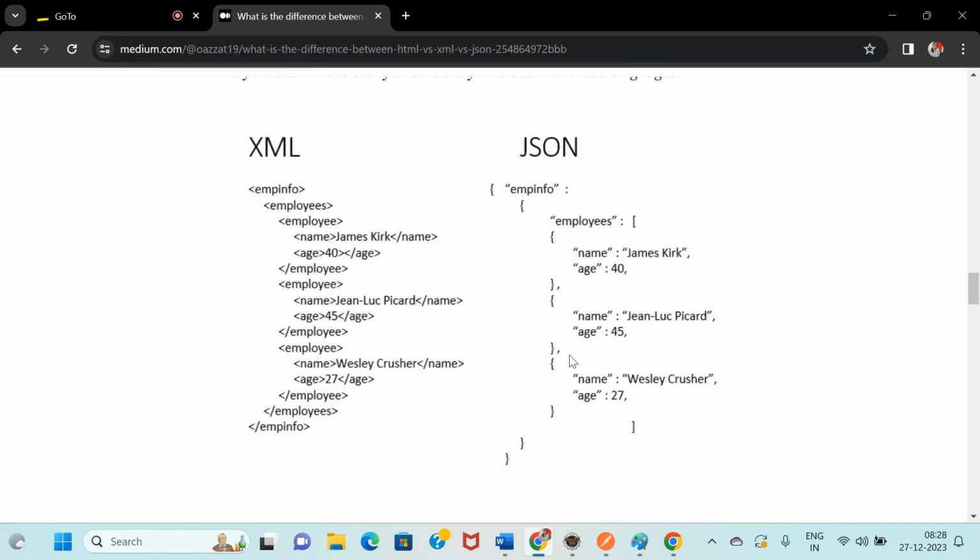But the same data, whatever I'm trying to store here, I'm trying to store from the XML format, but look at the complexity.